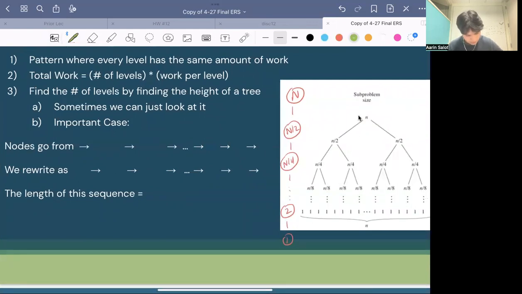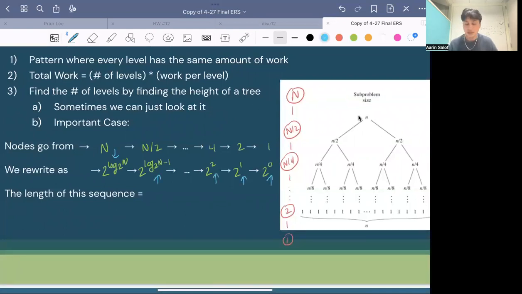So let's say we start from n to n over 2, all the way down to 4, 2, 1. If we choose to write this in powers of 2, we can rewrite it as this: 2 to the power of log 2n, which goes to 2 to the power of log 2n minus 1, all the way to 2 to the second power, 2 to the first power, and 2 to the 0th power. If we take a look at all these exponents over here,